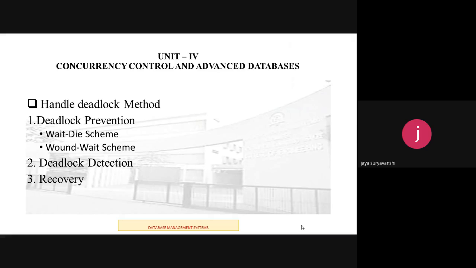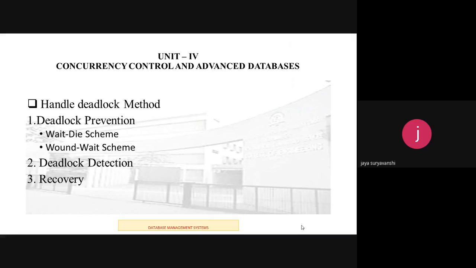There are different methods to prevent deadlocks, and all these methods use the timestamp of the transactions. The timestamp protocols we have covered in a previous lecture, so go through it. The timestamp of any transaction Ti is denoted using TS(Ti). Again, deadlock prevention has two methods: one is the wait-die scheme and the other is the wound-wait scheme. What are these protocols and how do they work? Now we will discuss.